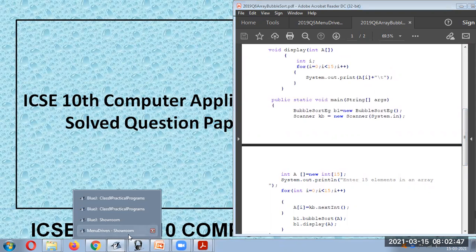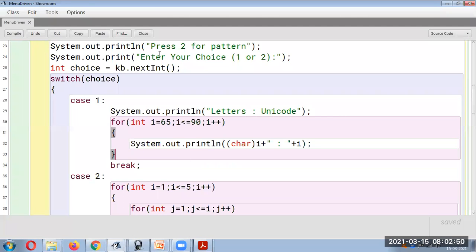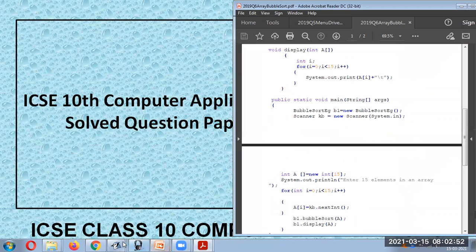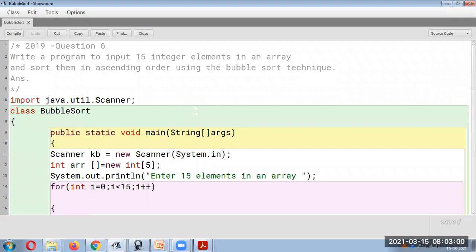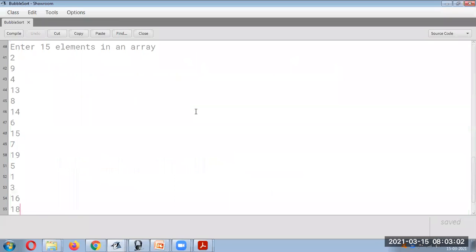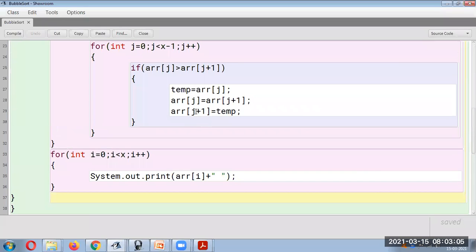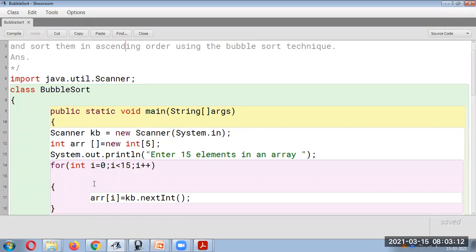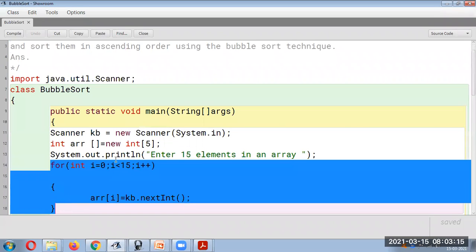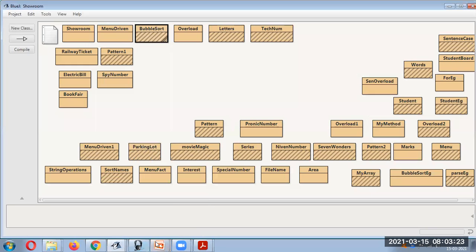You can refer to that video. Only here we have accepted the elements. That is the only change. Otherwise there is no change. We have accepted the input from the user, 15 elements are accepted over here. Otherwise this is absolutely the same program. We'll go ahead with the next program now.